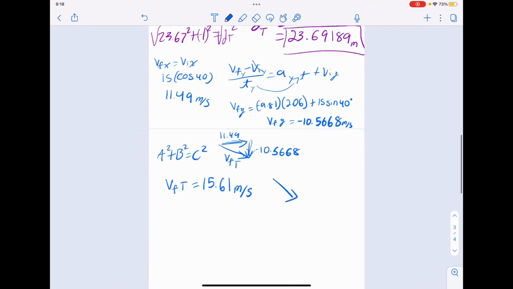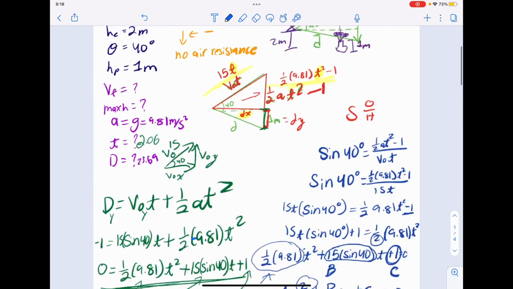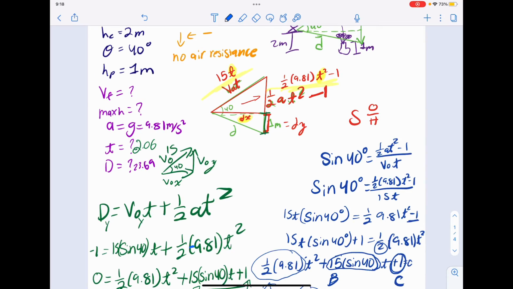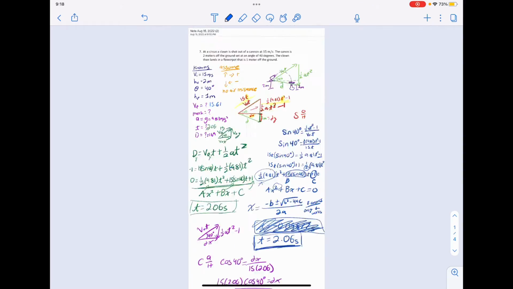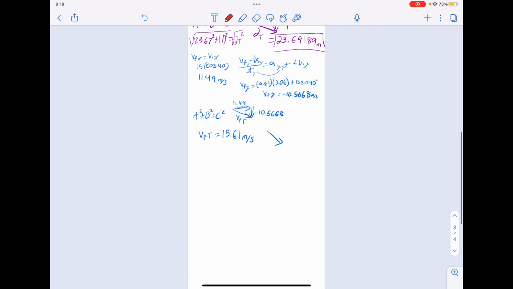Okay, so our v final is in this direction, over and down. It's 15.61, which makes sense. It only displaced 1 meter, so it should be slightly faster. 15.61. Now our max height. What can we do for our max height? Once again, I would suggest using components. You can use the triangle method if you really want to. But to solve for the max height,